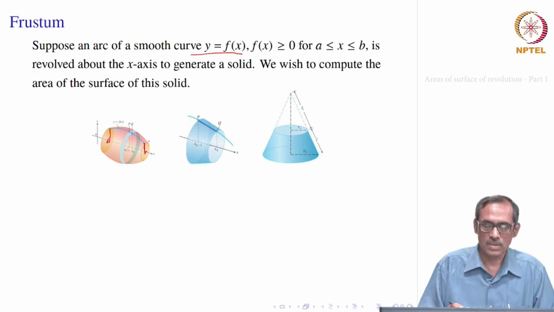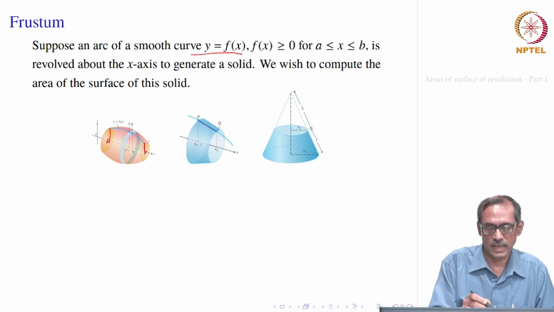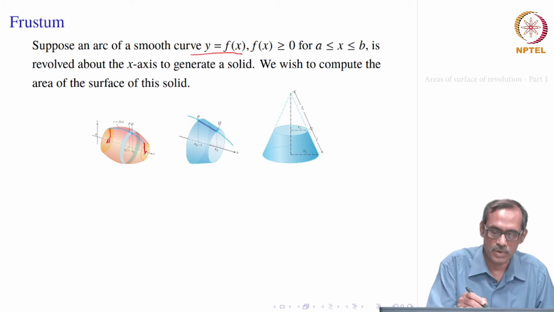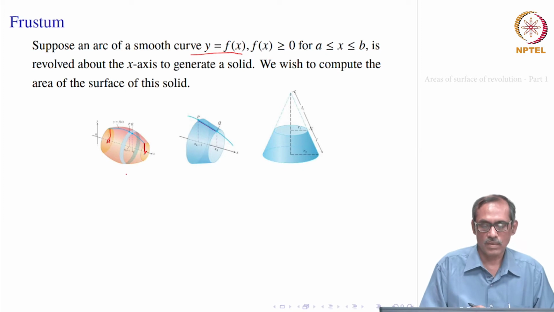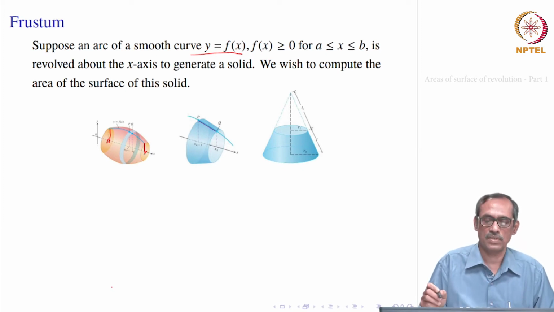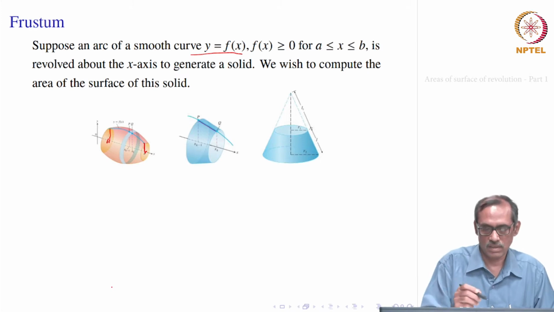Now, as earlier, we will be dividing this interval a to b into smaller portions, and in each of the smaller portions, we will try to approximate the surface area, which is painted light blue here. We want to approximate that